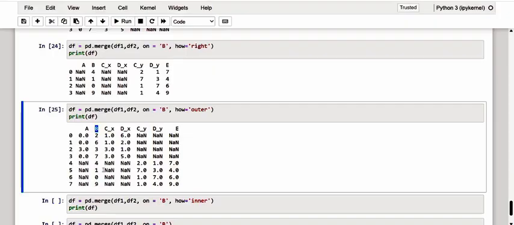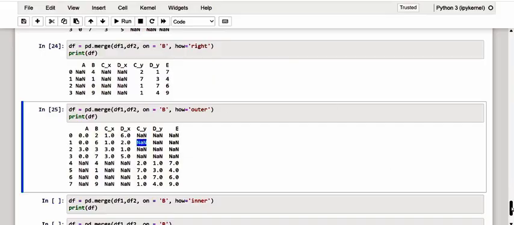So we have CX and DX with the values of the left data frame, and CY, DY and E with the values of the right data frame. Where there is no correspondence between the two data frames in the column B, we have just NaN values reported.